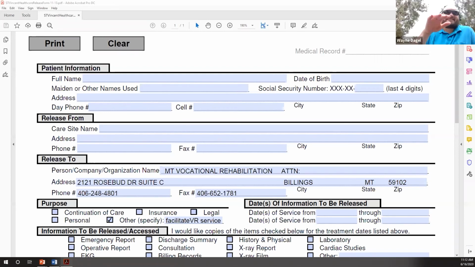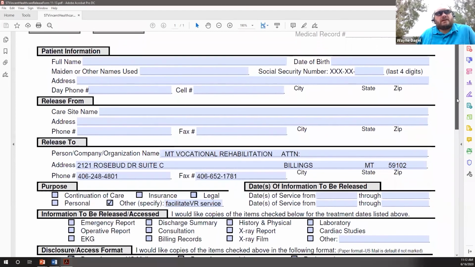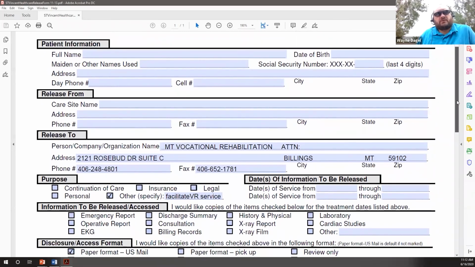As you can see with the state VR release, they get really detailed, where a lot of our releases are less detailed, and it can be beneficial and it can be a hindrance, like you guys were talking about. I found that developing the relationship with the records department at IHS was the most beneficial for me.